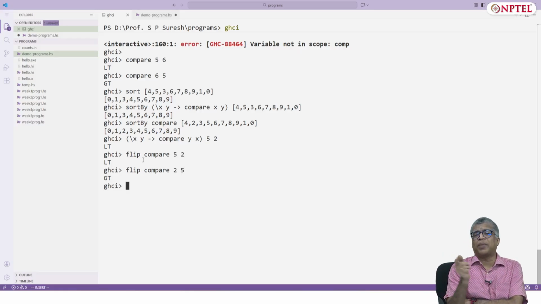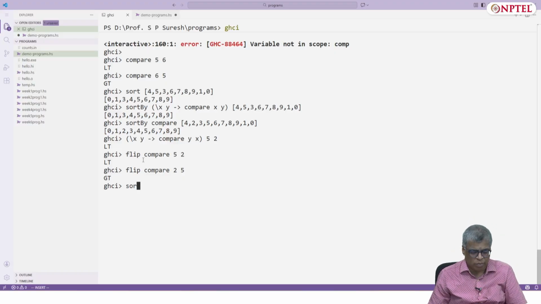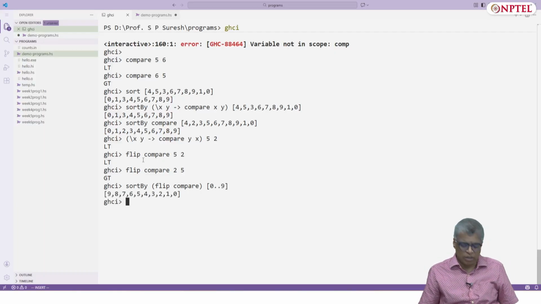Now if you use flip compare in sortBy, then it will carry out whatever sorting algorithm it is, except that wherever the original made a decision when x was less than y, now this will make the same decision if x is greater than y. So in the end you will see that the whole order will be reversed. Let's see sortBy flip compare, and let's even say 0 to 9, should give you the reverse order. Okay, so this is the thing about sortBy.